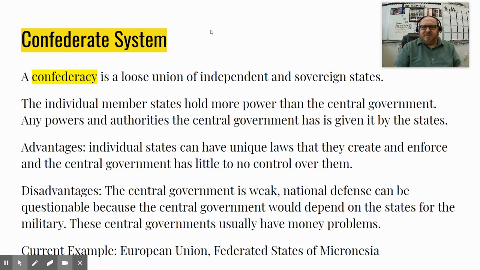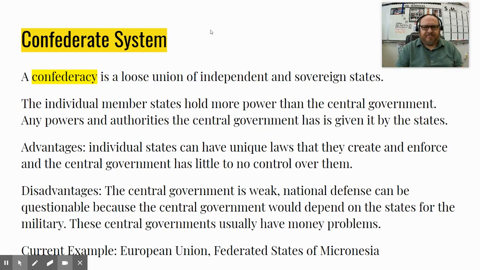A confederate system is basically kind of a loose union of independent and sovereign states. The United States was a confederacy right after the Revolutionary War up until 1789 when the Constitution was ratified. And basically, all of the individual states are actually more powerful individually than the central government. So you have a central government that is, in essence, very weak, has very little power and authority. The states hold the majority of the power and authority, and they give to the central government whatever powers they